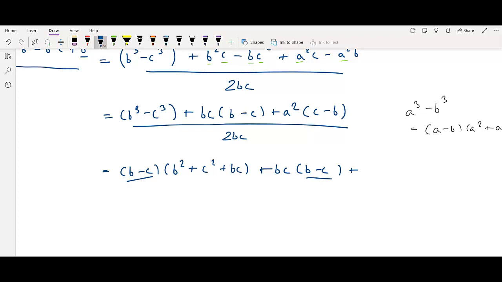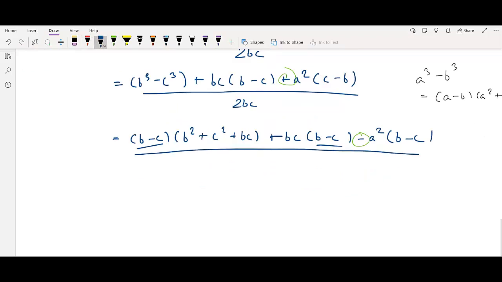If I can take a minus common from this, then it would also become b minus c, right? Let me show you what I mean. Minus a square b minus c. If I expand this term, I will end up with minus a square b plus a square c, right? So note that this positive sign reverses to a negative, but eventually everything remains the same. I just took a minus 1 outside of this expression, okay,